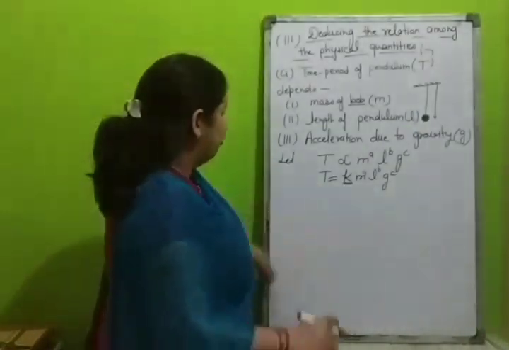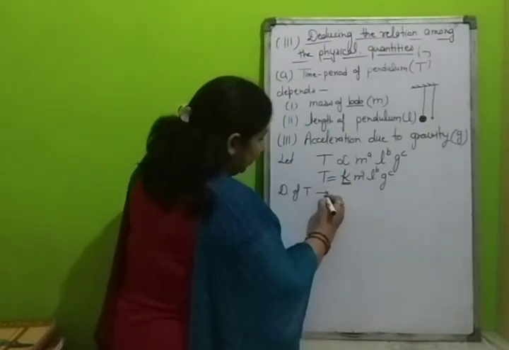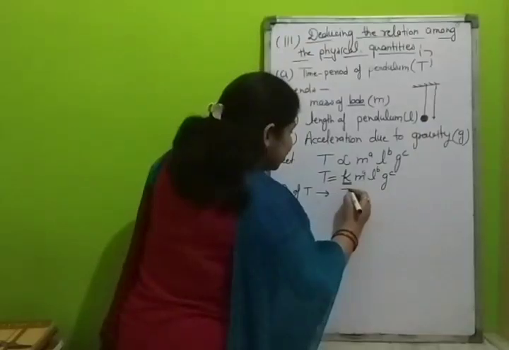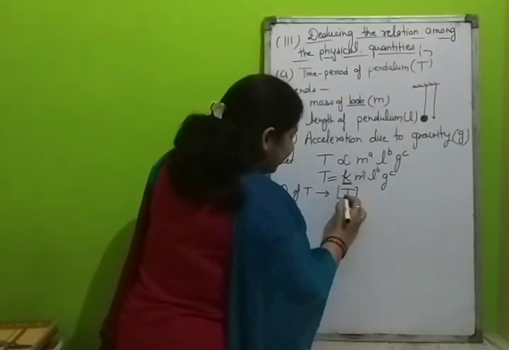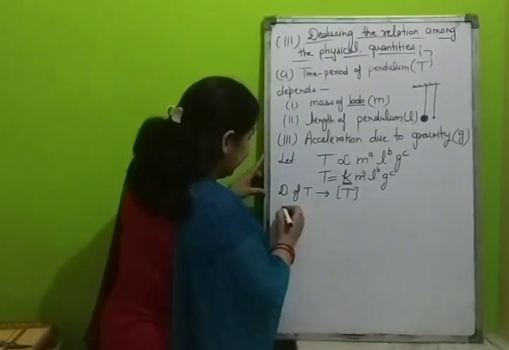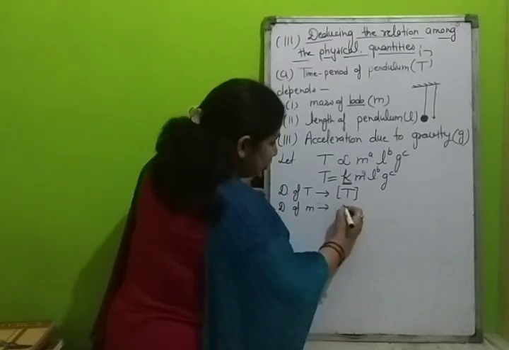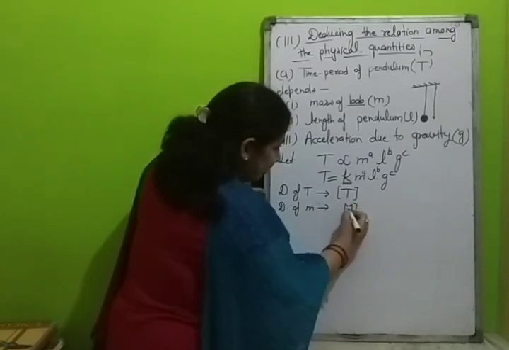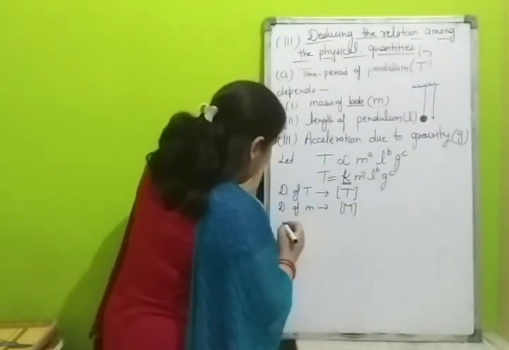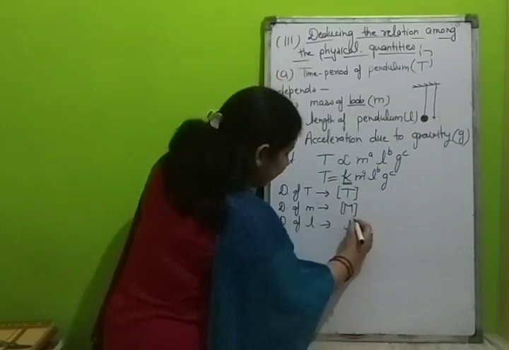Now the dimension of T, time period is always represented by capital T, and the dimension should be written within the square bracket. Dimension of T is capital T. Dimension of M, this is mass. Dimension of mass is capital M. It should be written inside the square bracket. Dimension of L is capital L,